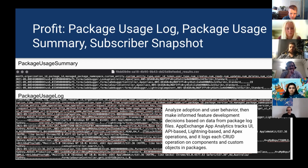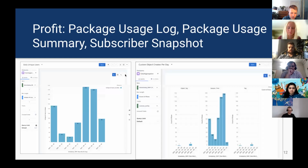So it's super powerful if you think about how to design extensions of your app. It allows you to really focus on what is important from your end customer perspective. And going through this CSV on your own is maybe not the best experience in the world, but luckily you can then for free use Tableau CRM, put all this CSV data into Tableau CRM, and what